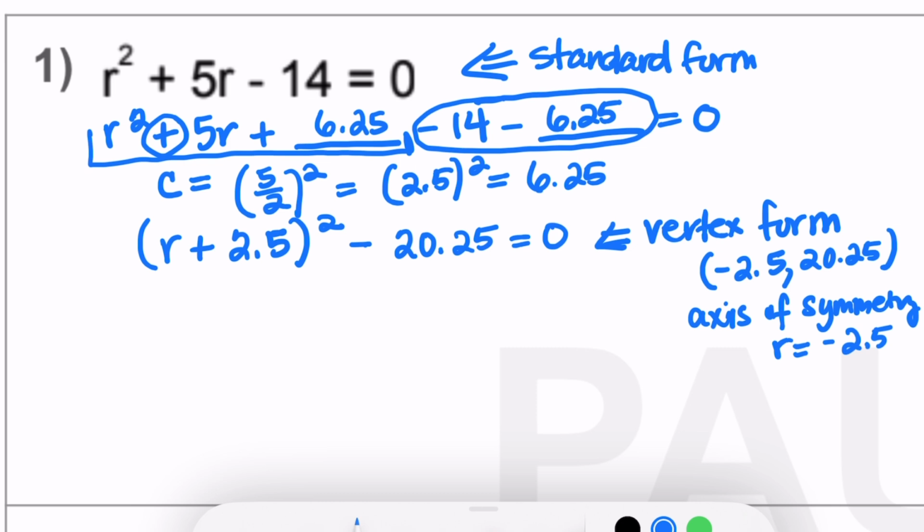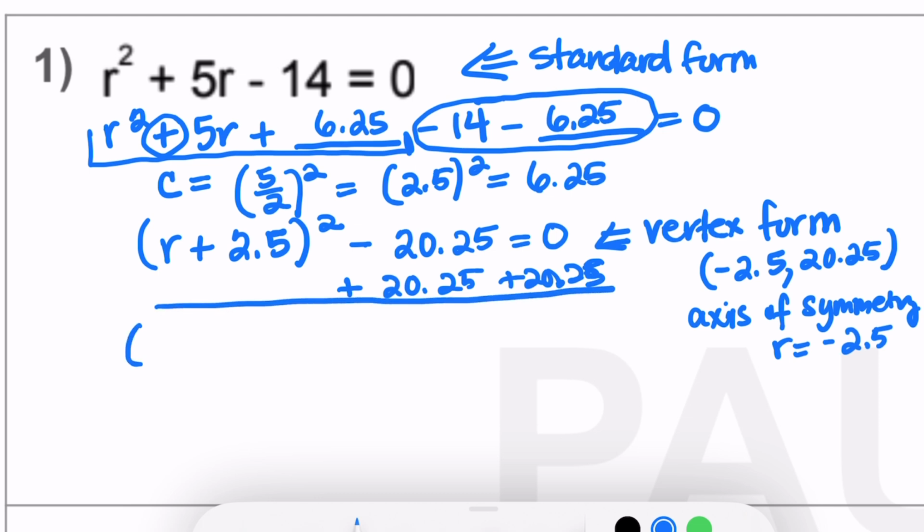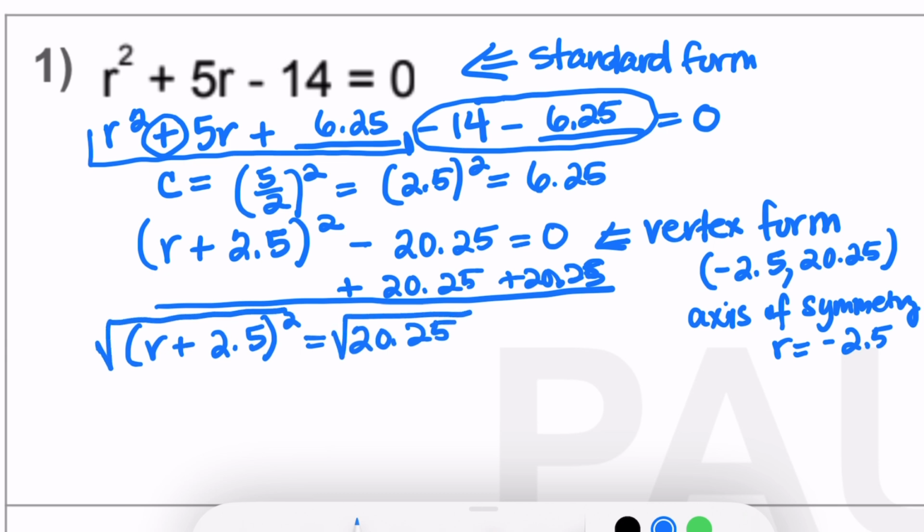Your goal today is to solve for the value of r. So to solve for the value of r, the next portion is to add 20.25 to both sides. And you get r plus 2.5 squared is equal to 20.25. You take the square root of both sides, and you have r plus 2.5 is equal to plus or minus